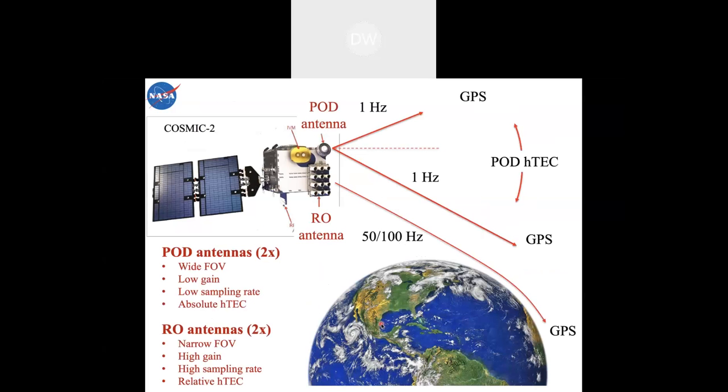Hardware-wise, I'm using Cosmic 2 to give you the ballpark. This is like a cube, meter-cube size, and you have two major antennas to receive the signal from the GNSS transmitter. One is a POD antenna to give you the position, with a very broad field of view up and down, looking for signal. And another one is a radio occultation antenna with a high gain beam, so you can track very low signal, very directionally coming from the